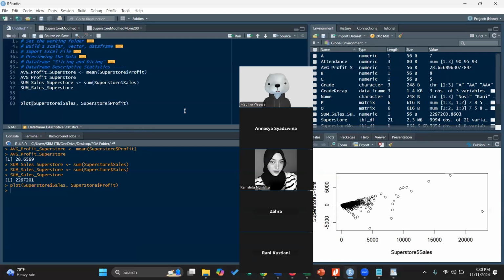For example, xlab equal sales, ylab equal profit.